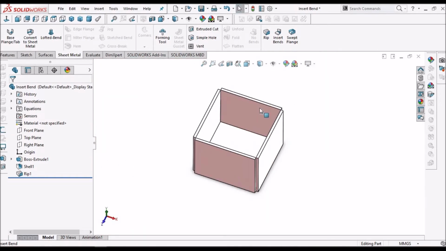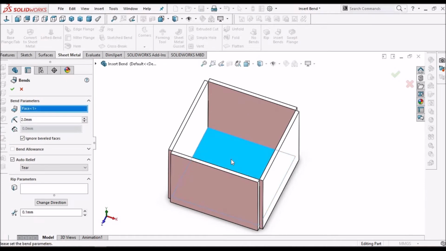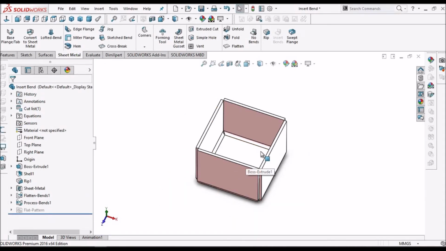Next we have to apply insert bend. And say OK. See it now, it is converted into sheet metal.